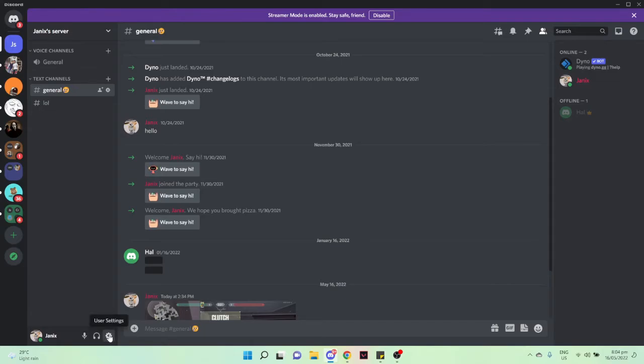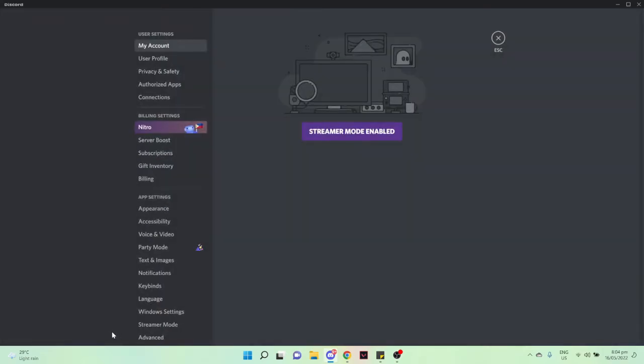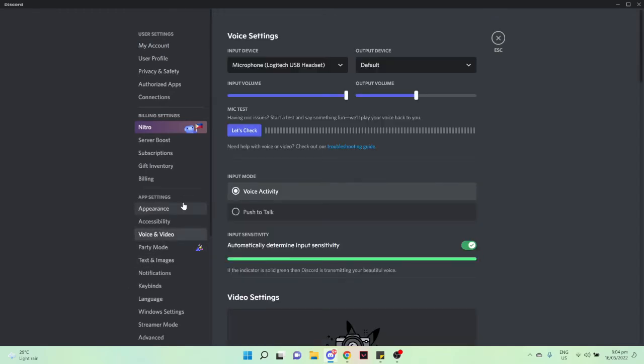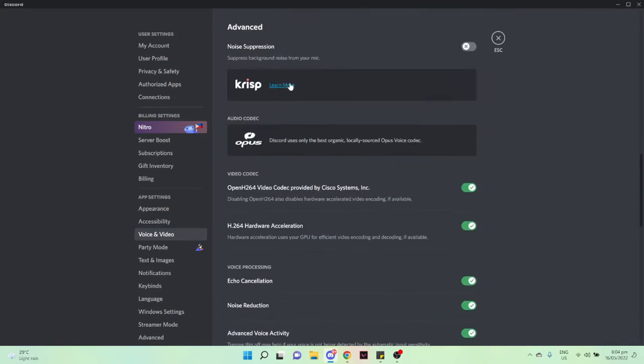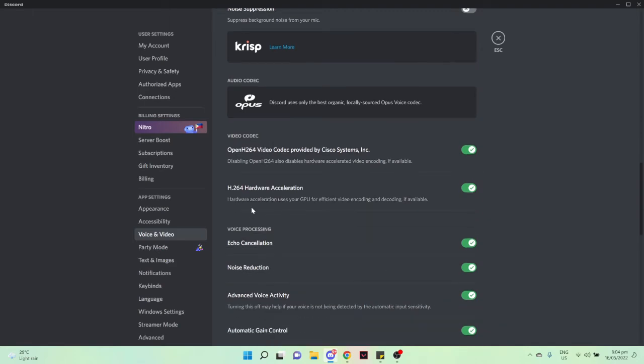First, simply click on user settings right here and then go to voice and video under the app settings. Scroll down until you reach the advanced option right here. Once you're in advanced, make sure to look for video codec. Under video codec, you may see two options. One is the OpenH264 video codec provided by Cisco Systems Incorporated, and the second one is the